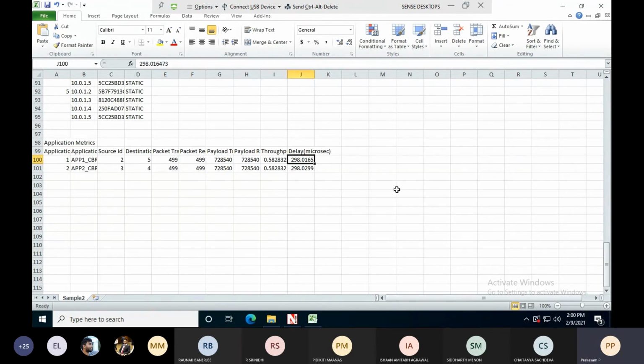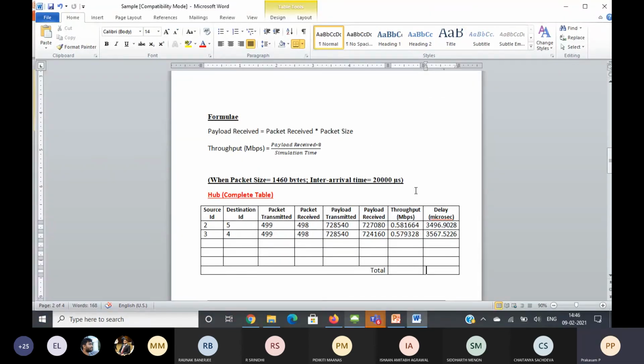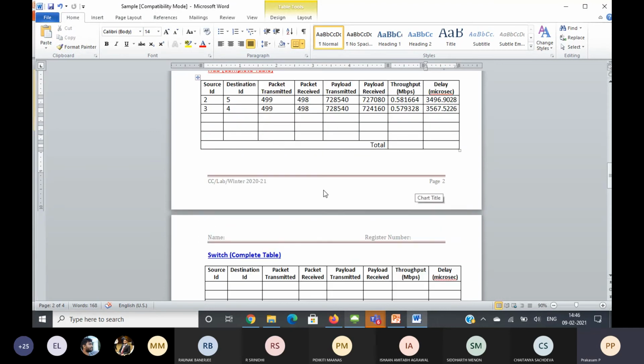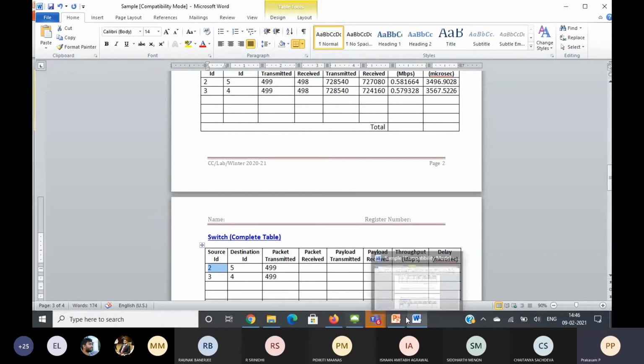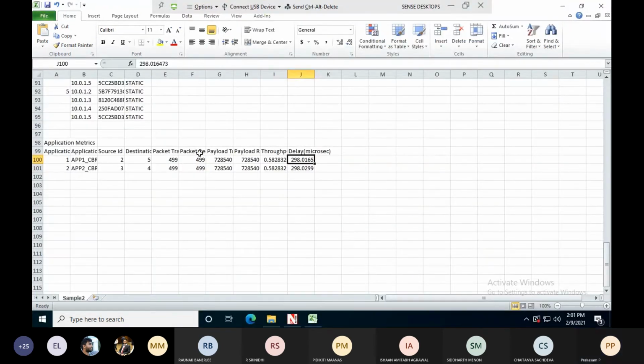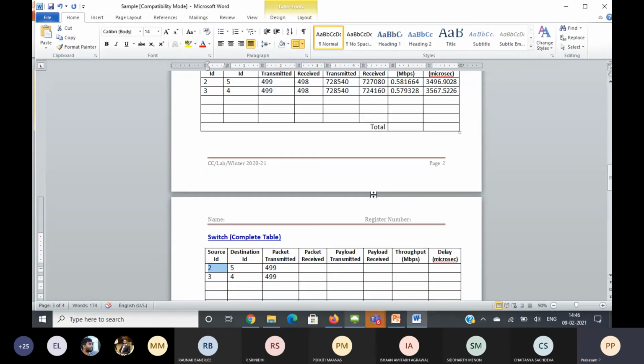Because here all the packets which have been transmitted are received at the receiver. Similarly for both. Now I am going to tabulate this for a switch. You see here for the switch, the same application. The packet transmitted 499, received also 499.